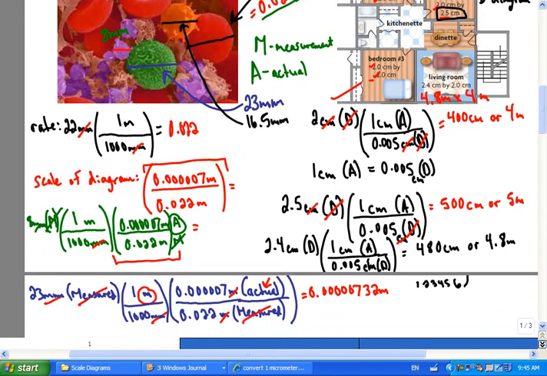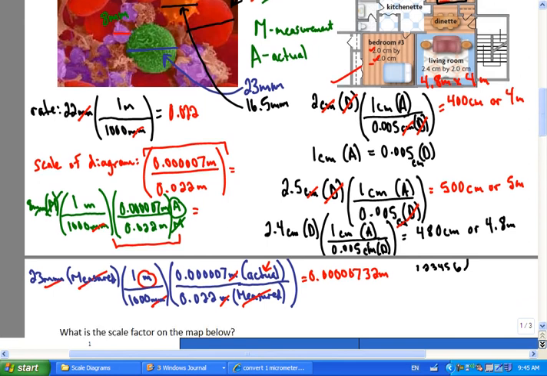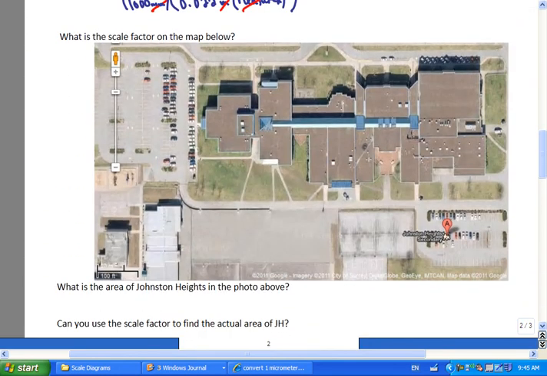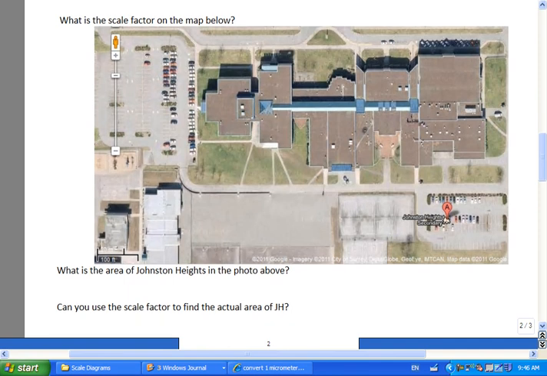All right, can I move this down now? Yeah. Okay. Yeah, so Johnson Heights. You can tell the picture's old because we no longer have this part of the school. That one's gone because of the construction. But anyway,